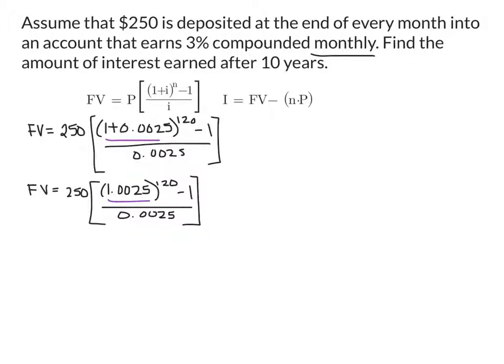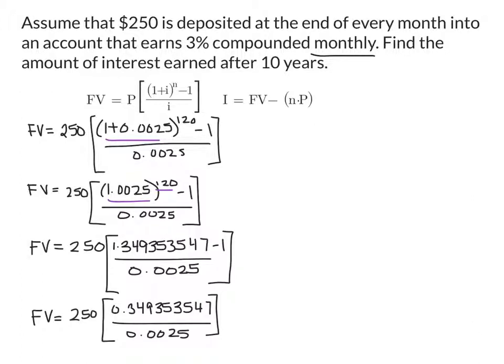Next, we're going to raise that number to the 120th power, and you'll do this on your scientific calculator. When you raise that value to the 120th power, we get 1.349353547. And we can keep that number in our calculator and then push minus 1, and we should get the value